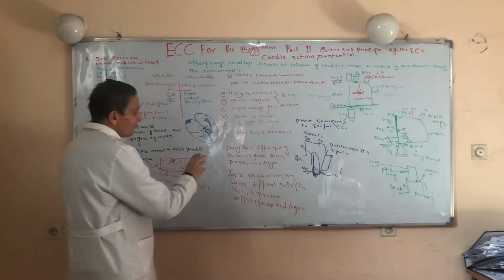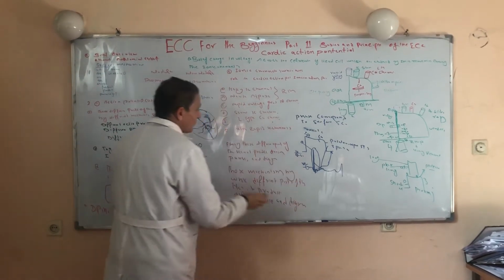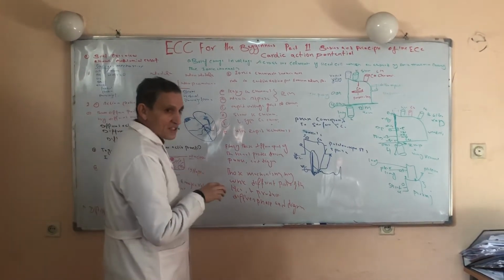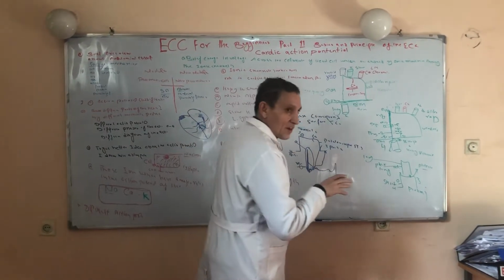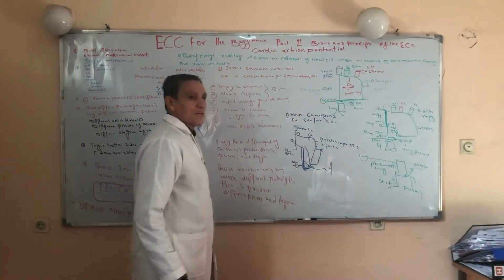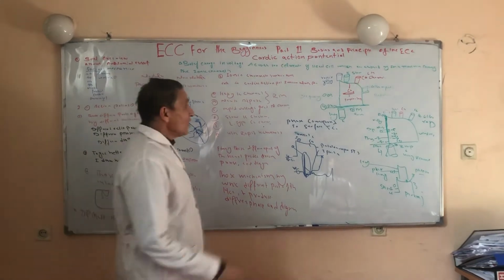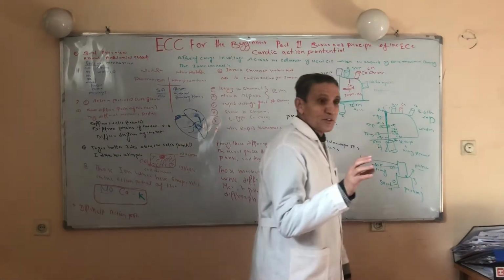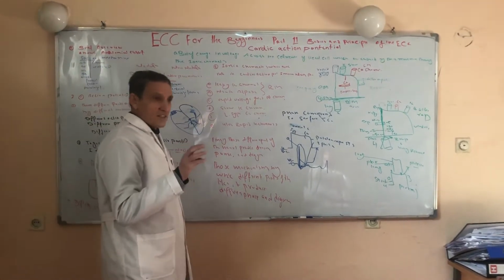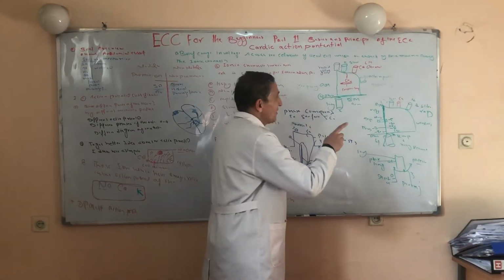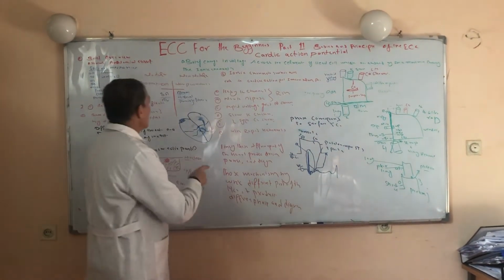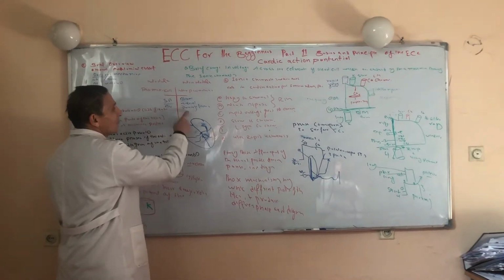So, as I mentioned before, different parts of the heart by different mechanisms produce different action potentials, different phases of the action potential, and different diagrams of the action potential. Right now, first we'll discuss the pacemaker cells. By which mechanism do these pacemaker cells produce action potential? There are pacemaker cells and non-pacemaker cells. First we will be discussing the non-pacemaker cells. Non-pacemaker cells include those of the atrium, ventricle, and Purkinje fiber.